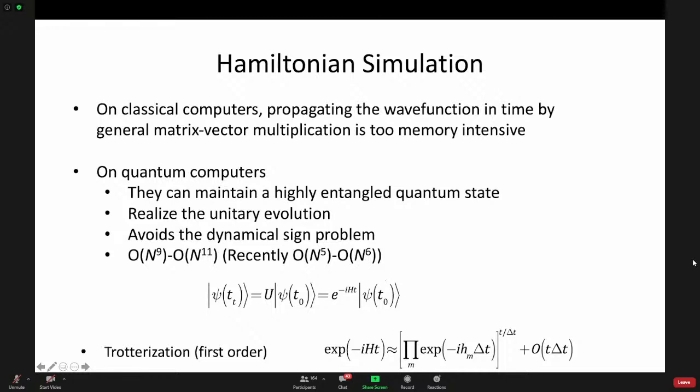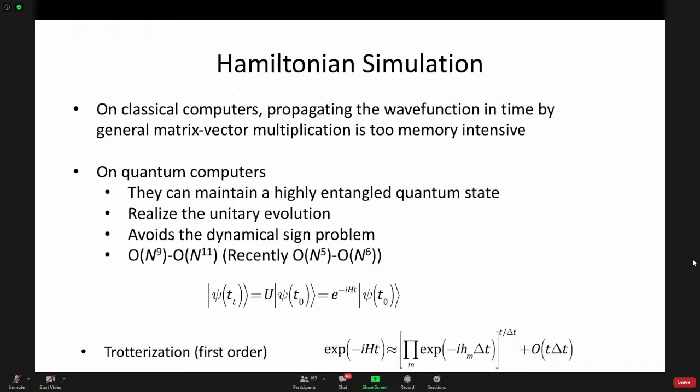So now, unlike the exponential scaling, we have a polynomial scaling. However, no practical Hamiltonian simulation has been done so far, but rather it is used as a